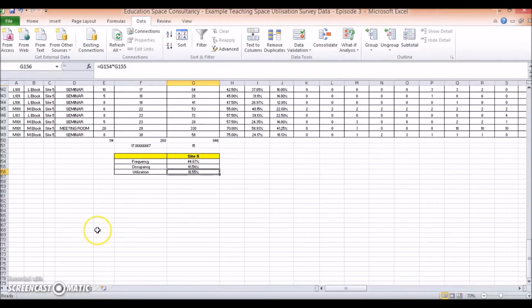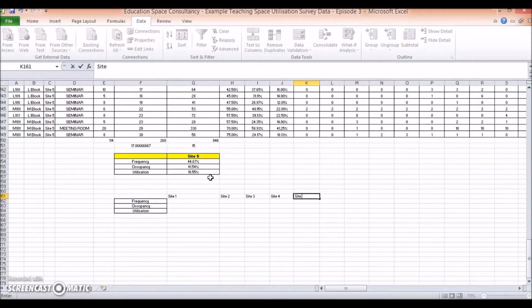So an easy way to do this is to grab our frequency, occupancy and utilisation. We'll just copy that. I'm just going to paste it down there. And then I'm just going to put site 1, site 2, site 3, site 4, and site 5 along there. And I'm going to grab